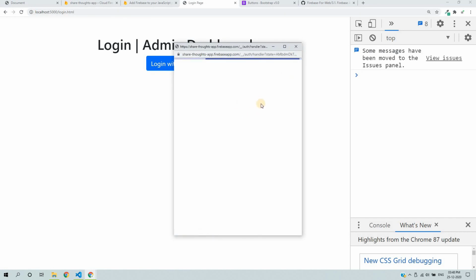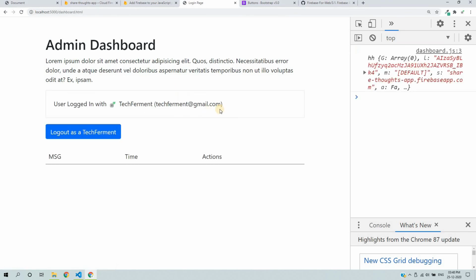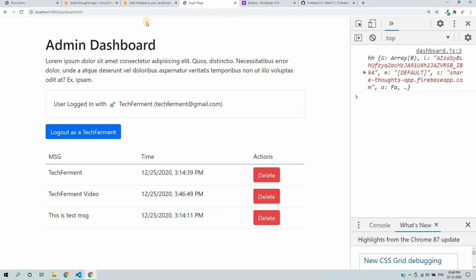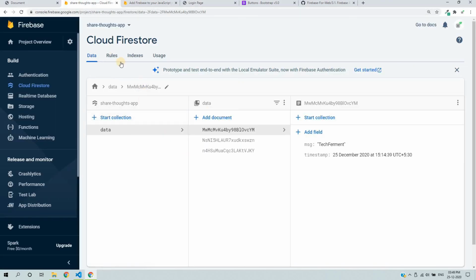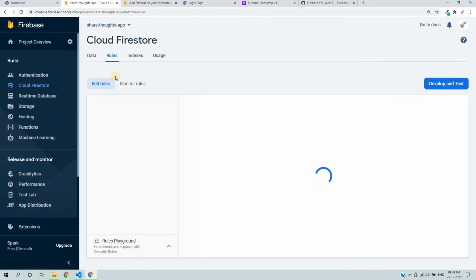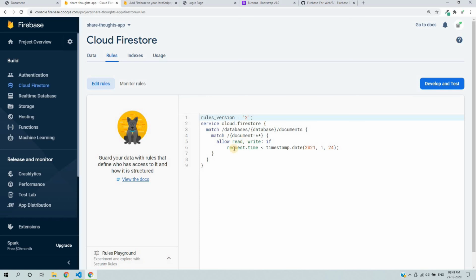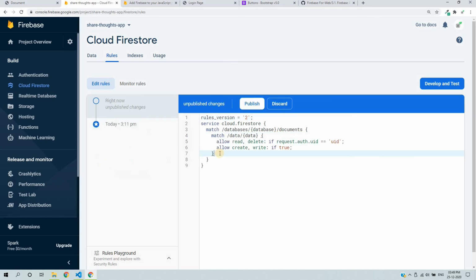Right now, anyone can log in with a Google account and can see the data. So you can secure your data with the help of Firestore security rules. Here you can apply security rules. As of now, anyone can read, write, update. So you can add these rules: we have data as a collection, and inside it we have documents. In each document,